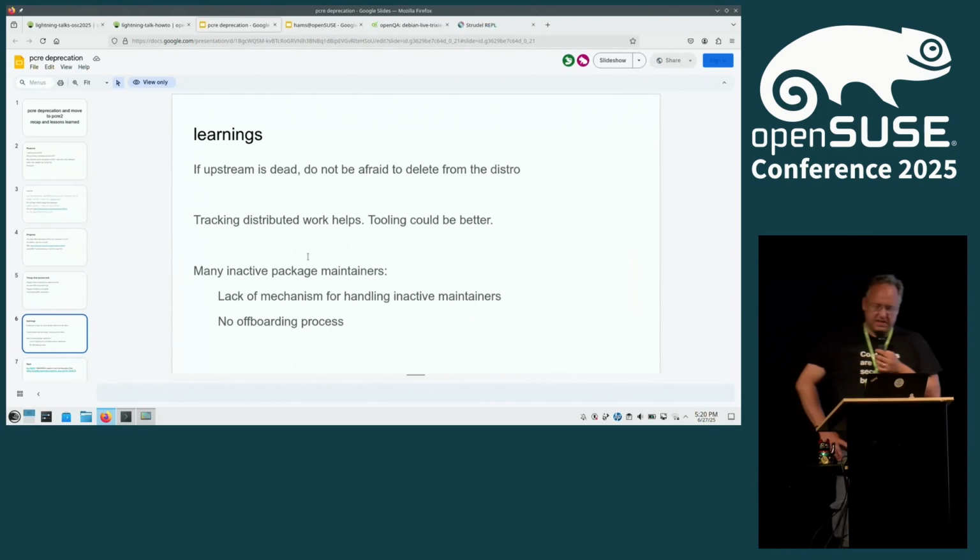The tooling is not ideal, but we can look at how to improve this in the future. For now, Etherpad it is. I found personally many inactive package maintainers that for some reason dropped out of the community, and I learned that the project lacks a mechanism to track inactive maintainers, and we don't have a clear offboarding process.